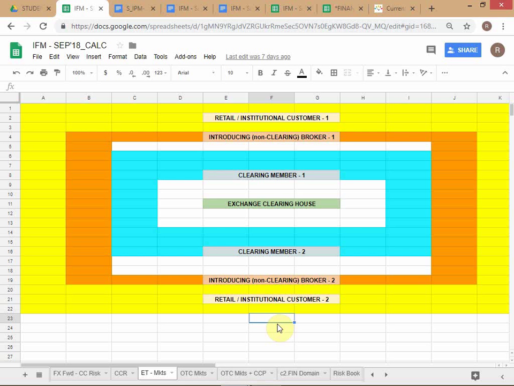So in this case, Sher Khan will also be left with the position at the end, because... No, because see, Sher Khan's position is taken. Sher Khan has no concern as such, because as far as they're concerned, they have sold one contract at $70 to the ECH. So they will say to the ECH that I am not concerned with whether IB has defaulted or not. I have sold you at $70, you have to buy from me at $70. So SK is clear, he has nothing to worry about.